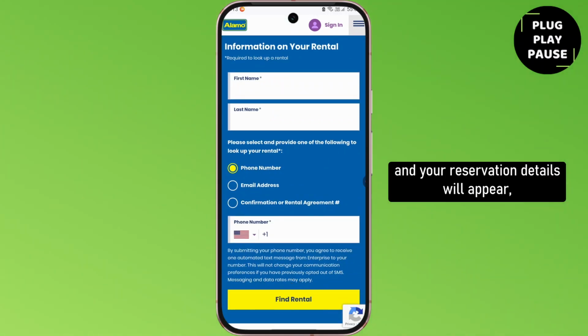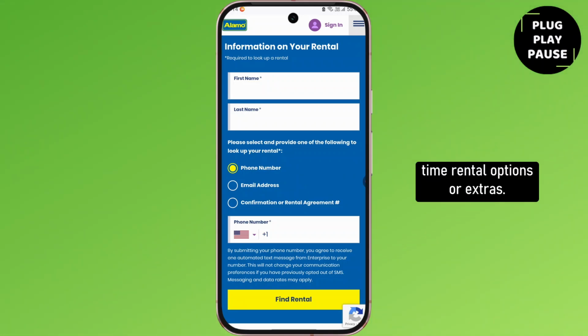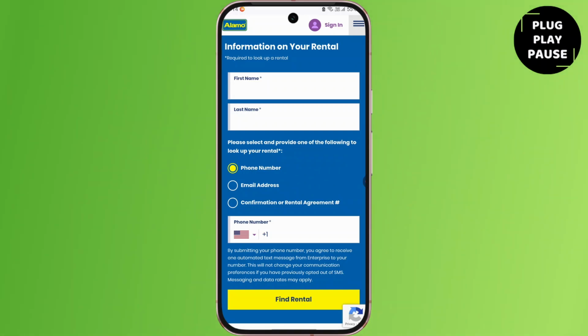reservation details will appear, including pickup and drop off location, vehicle type, rental dates and time, rental options or extras. You can just go and check it out, and that's it. That is it, everybody. You may follow this method if you want to find your Alamo reservation with